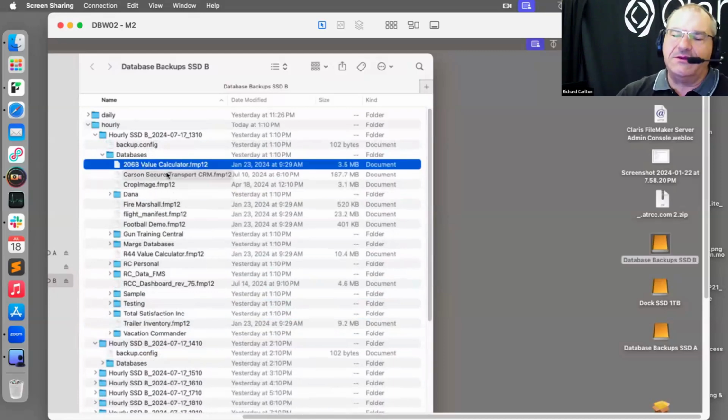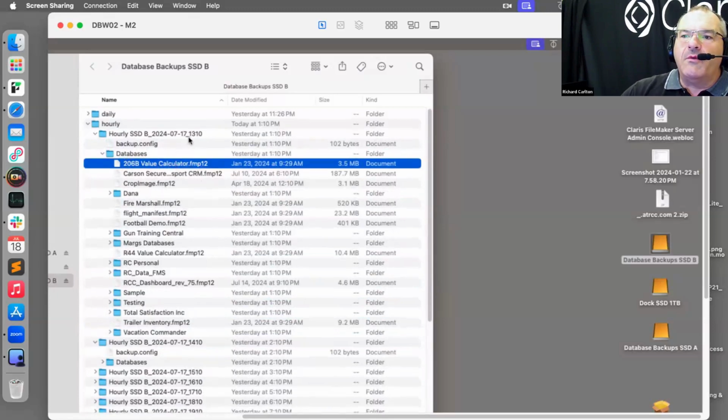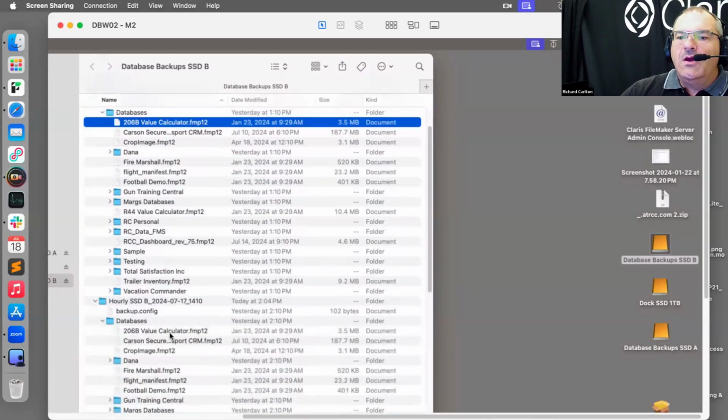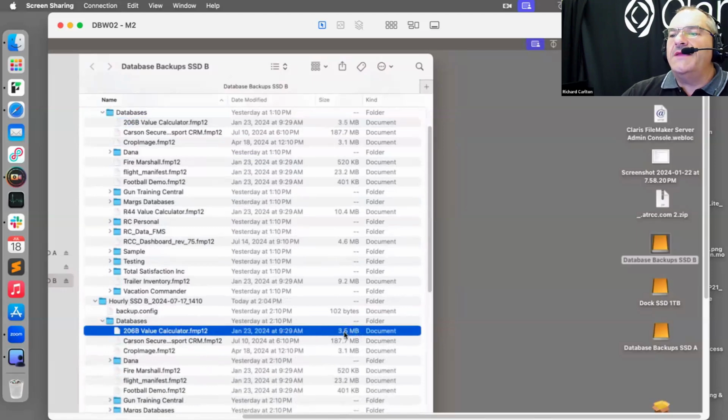here's a 206B value calculator. This is a tool that I use to help price out what a helicopter should cost based upon how used up it is, right? It's like a used car calculator, is all this is, okay? Now, if I don't update this, I don't change it, I'm not logged in, I don't change a single bit of data in it anywhere from 110 to 210, which is right here,